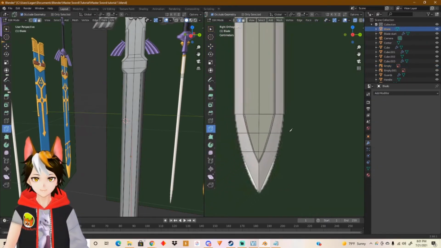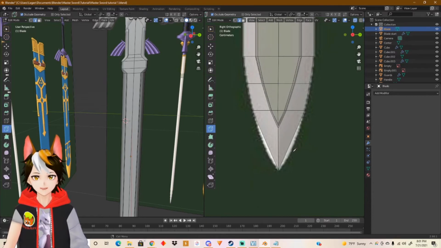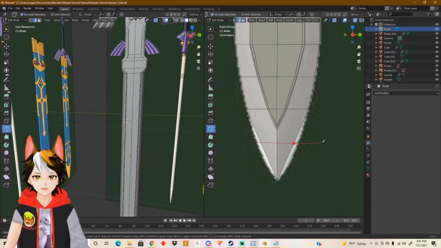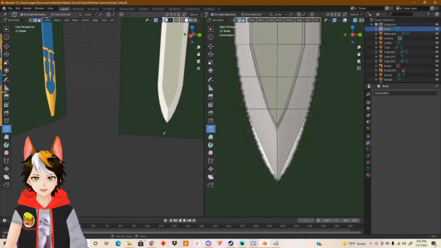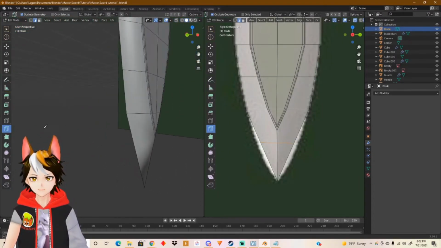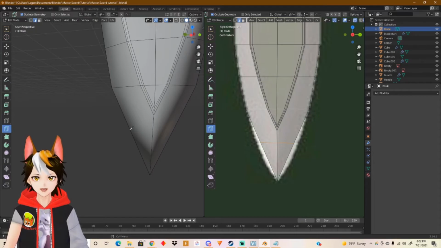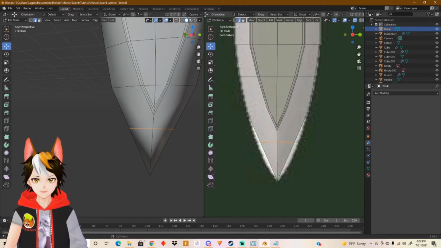Alright, so now we need to cut this right here. So let's give it a cut and then enter. We're gonna look at the back right here, go on the other image right here, and then just do the same thing, give it a cut, and then enter. Okay, and now we're gonna go back to the object right here,